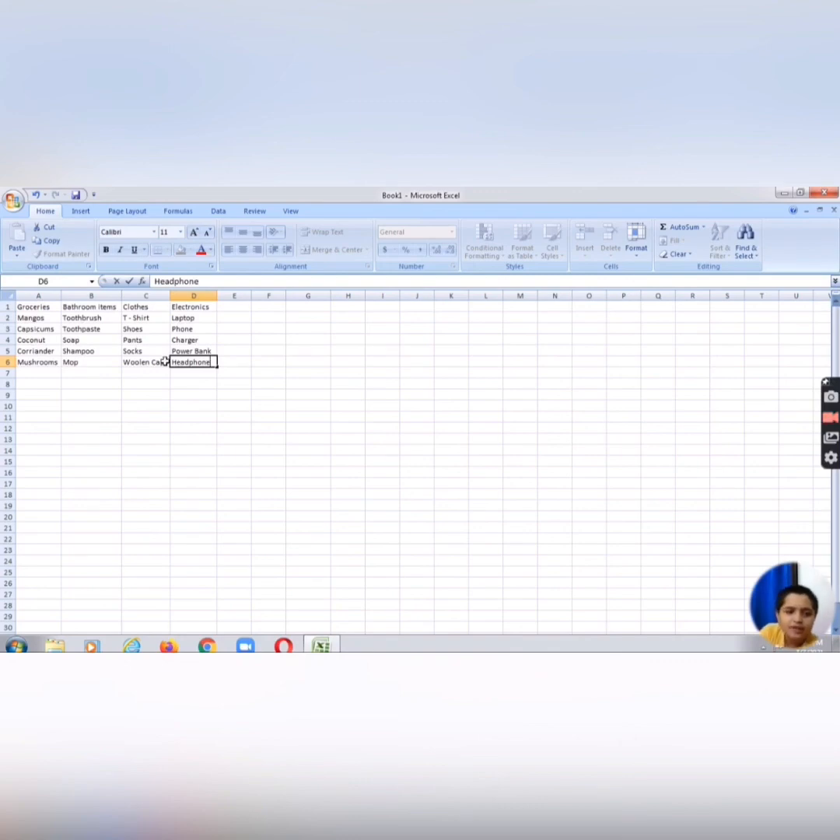So I was thinking, why don't we replace woolen cap with a jacket? That sounds more appropriate. I don't think a woolen cap would really fit into this list. Okay, next we're going to take the price. Yeah, price is quite important to make a budget. So let's say our budget is